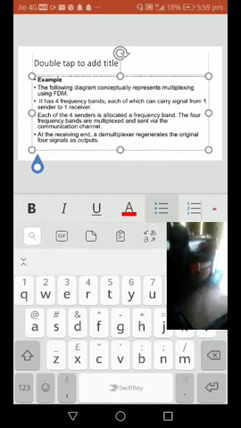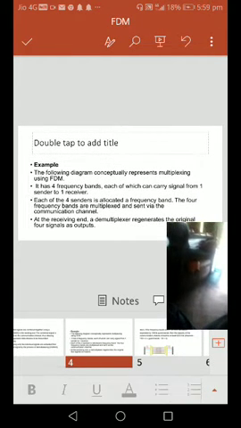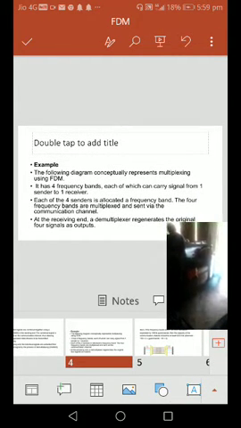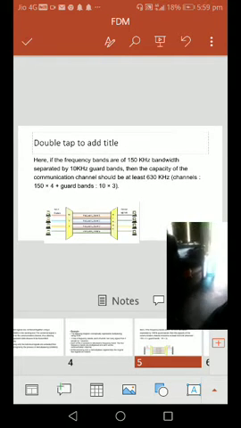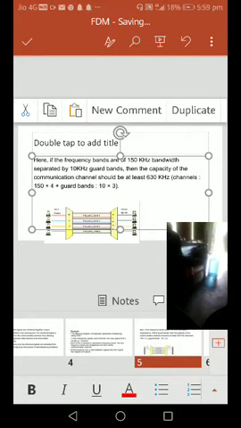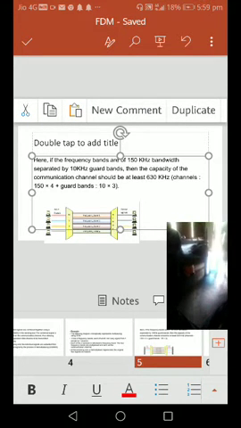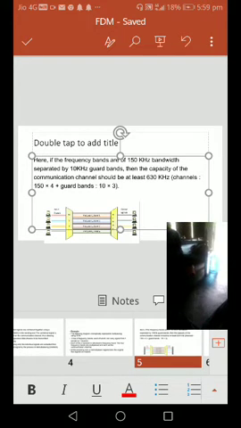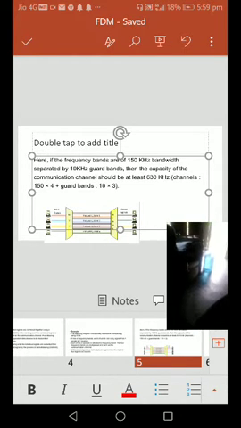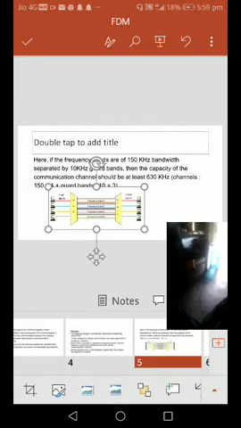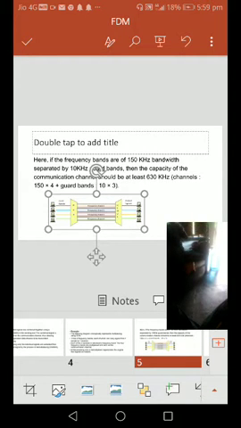Next, we go to the next slide: the basic block diagram, with one example taken here. According to this concept, the n signals are multiplexed and modulated. The input signals are voice signals whose channel frequency is 4 kilohertz, up to n signals, which are multiplexed and transmitted through a single channel.